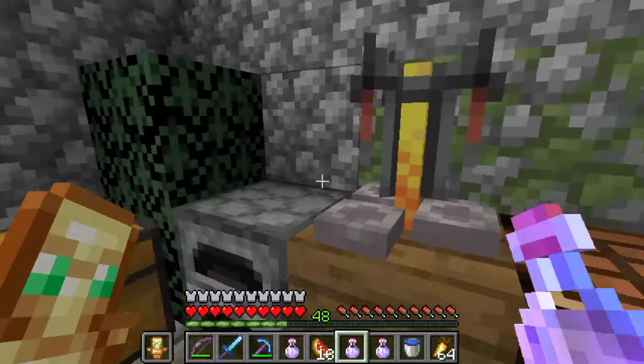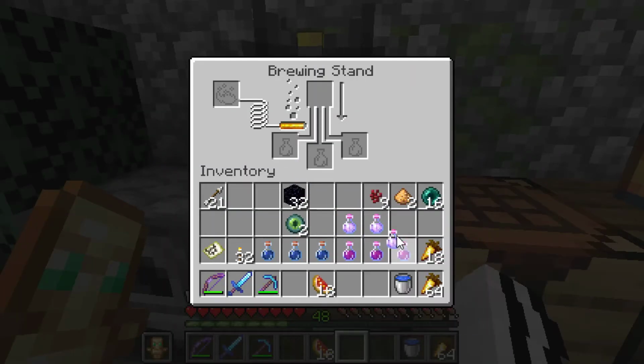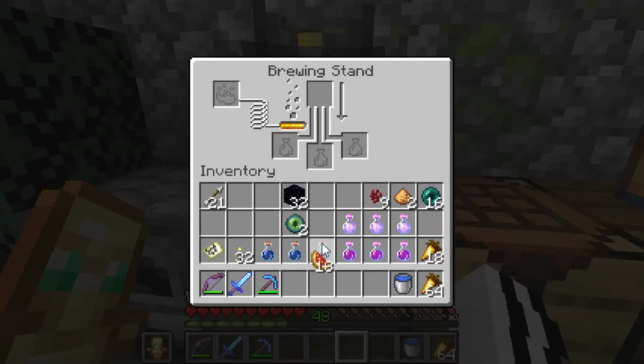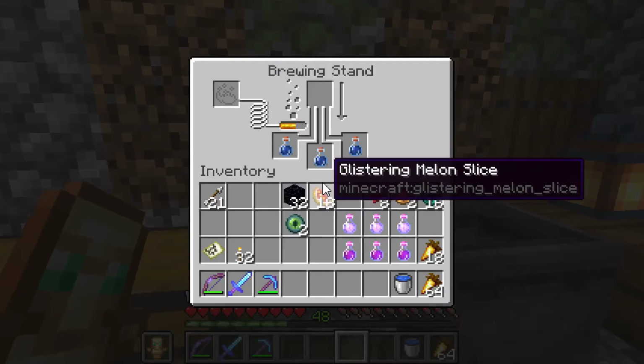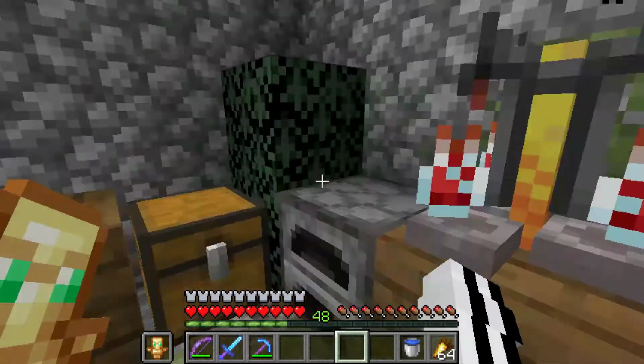1, 2, 3 here. Oh, I thought I drank that. Let me take those off my hotbar so I don't mess around and drink them. So we have slow falling and strength. So let's get our nether wart back up there. Our 3 bottles to make the awkward potion. This right here, and then we can do, let's see, we'll do night vision on this side because